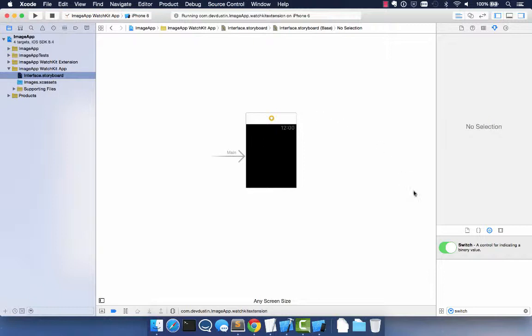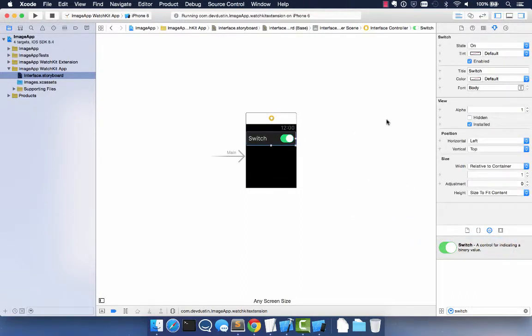So let's go ahead and drag a switch over. You can go ahead and search for switch. Drag one over to the storyboard. And you'll notice there's a number of attributes, as with any control, on the right. So you can set the initial state on or off. You can set a tint